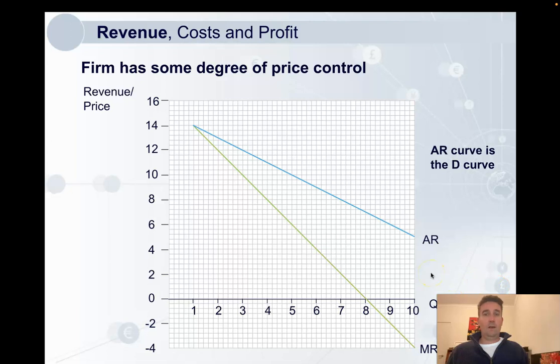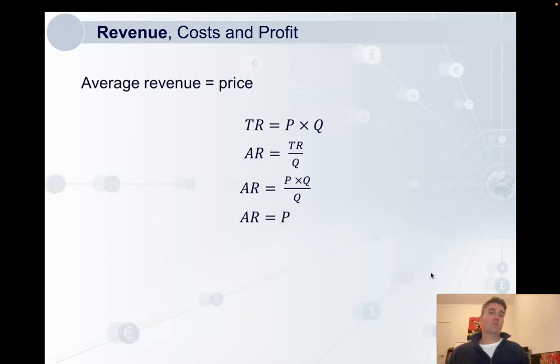Okay, how do we know the average revenue equals price? We can do a little quick thing here. Total revenue equals price times quantity, and average revenue equals total revenue divided by quantity. So we just do some substitution here. Eventually we get to the idea that average revenue equals price. Okay,